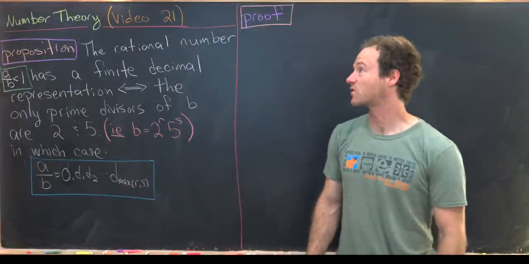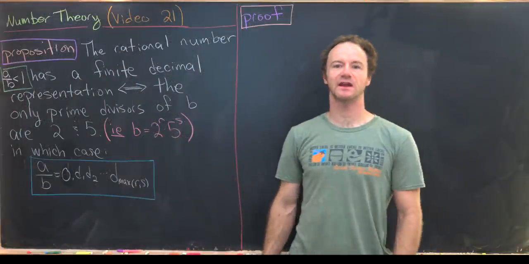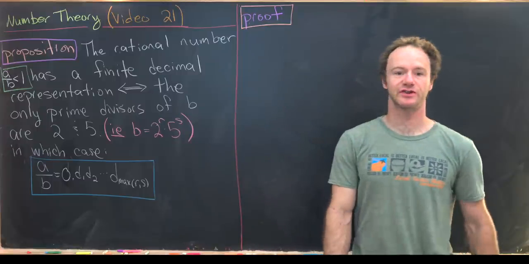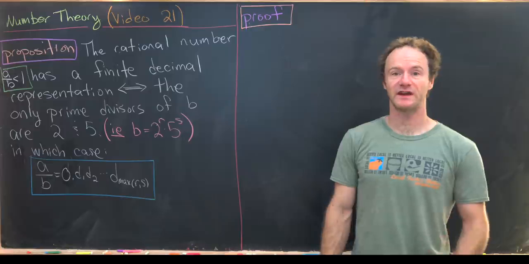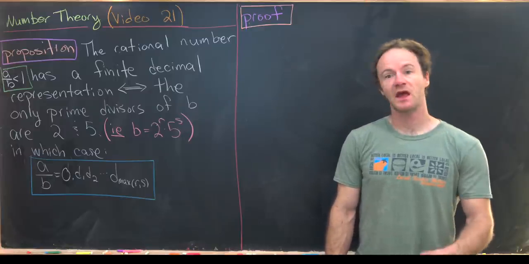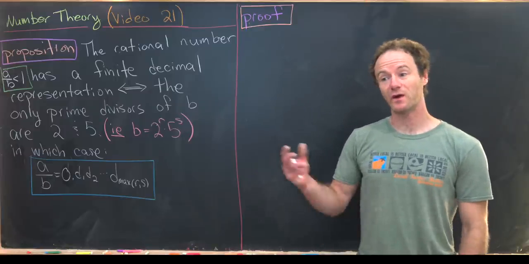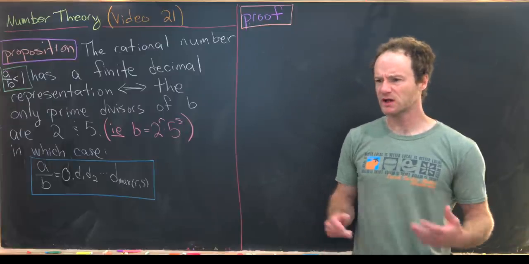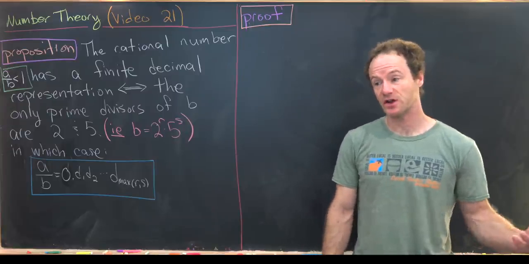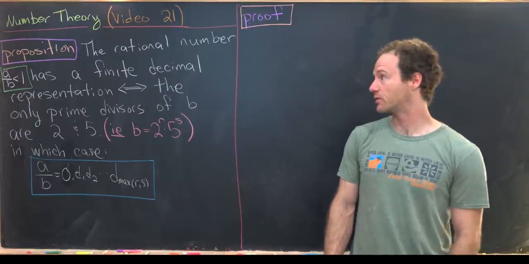This is the 21st video in a series that I'm making to support a course in elementary number theory. We just got finished talking about the order of an integer modulo n and primitive roots, and when there are and are not primitive roots. And now we want to look at a nice little application of the notion of order and primitive roots,